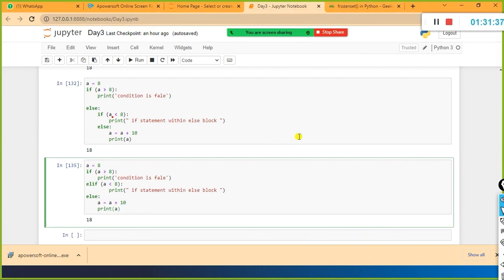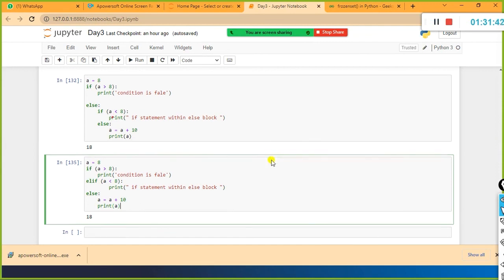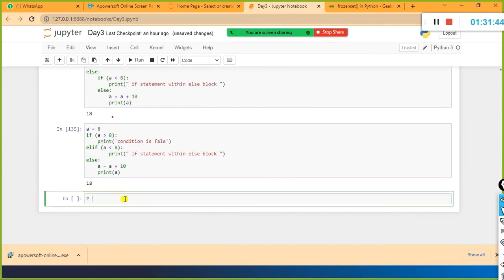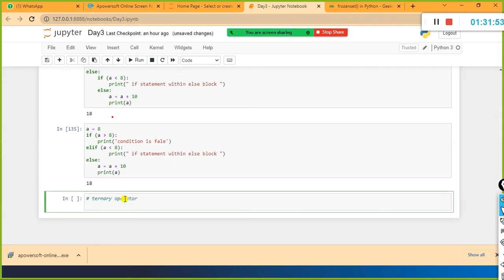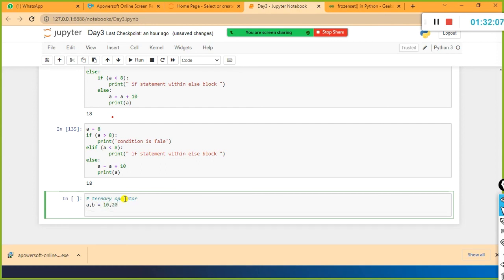And we have something called the ternary operator. Instead of specifying like this, you write a ternary operator. In this case, for example, I have a, b equal to 10, 20, instead of defining the values separately. And I am going to use the ternary operator. So print